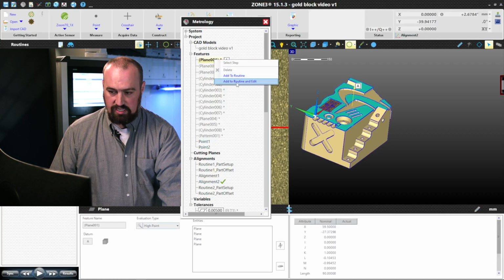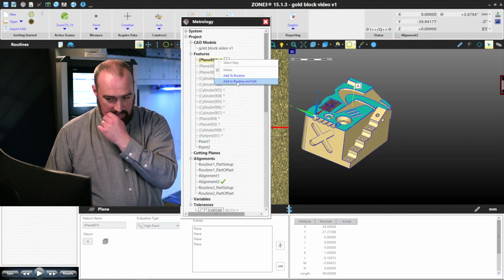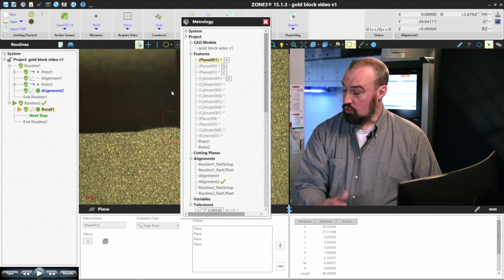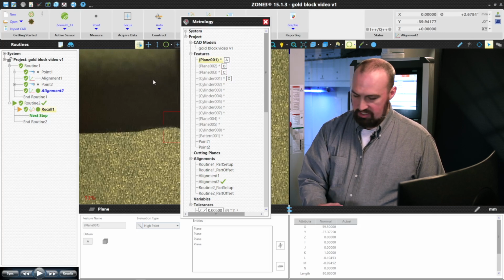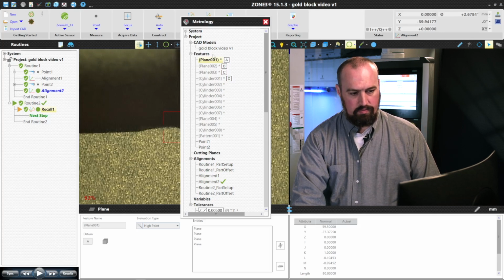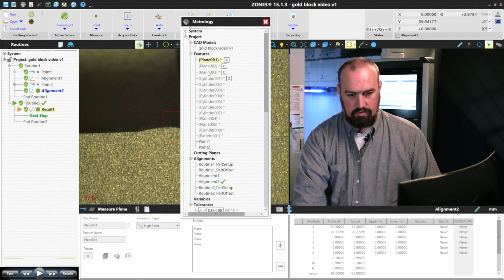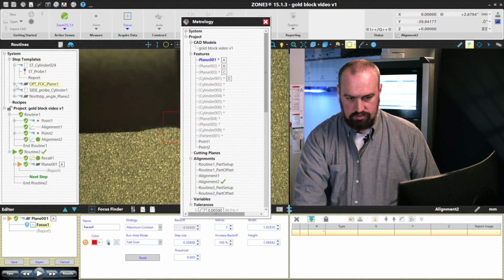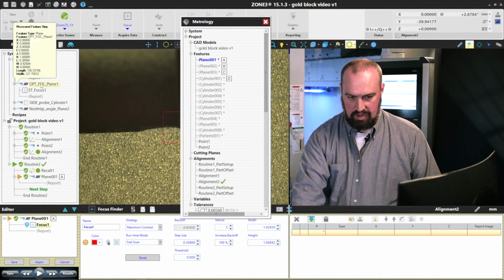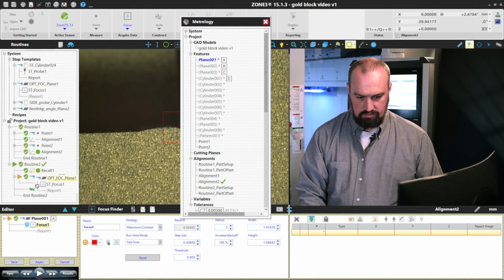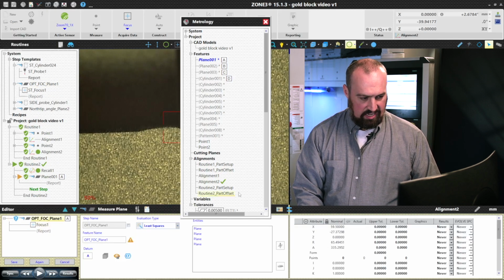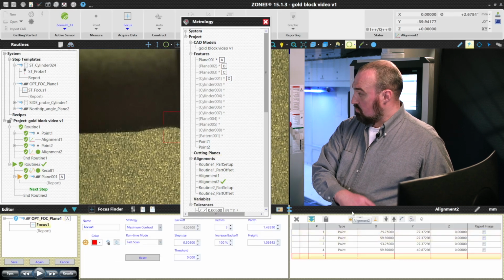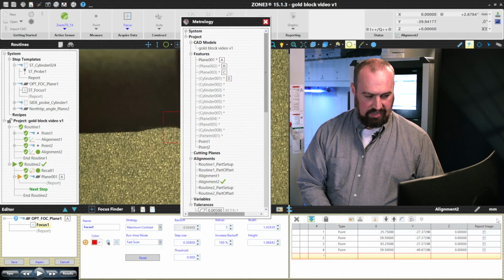So I could add to routine, or I can add to routine and edit. And so if I add to routine and edit, it's going to take whatever tool I have active and it will add it right to the step. But I should also be able to just grab one of my pre-made templates here and drag it in, and it's going to give me all the focus points. It will use that strategy and apply it to